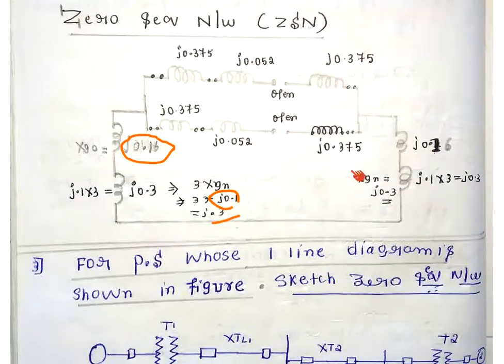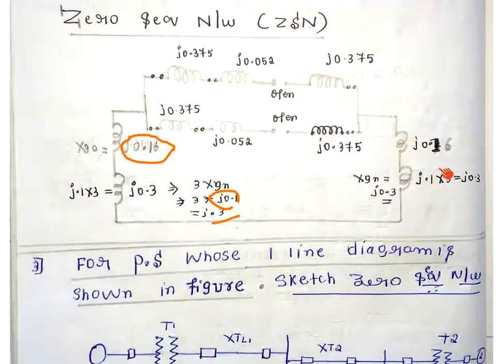Here you can see the shunt switches will be open anyway because there is no delta connected transformer. So this will be open, this will be closed, and this will be closed, because the primary and secondary of the first two transformers are star grounded, and the primary of the second transformer is just star. So because of that it is open, and on the secondary side it is star grounded.